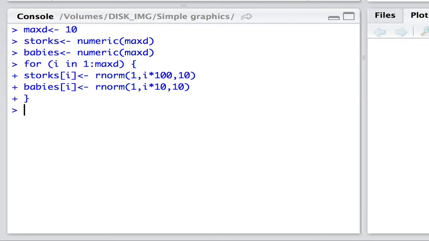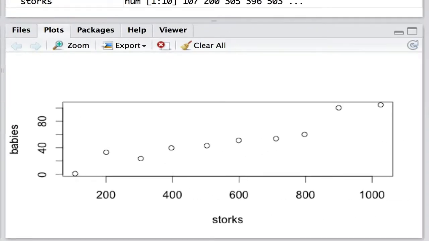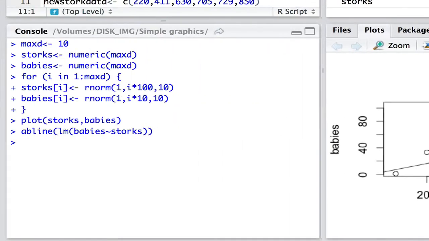And if we want to plot the relationship between storks and babies, then we can use the default plotting function, which is simply plot. So we go plot storks of babies. Now sometimes when we have a continuous response and a continuous predictor, we may wish to draw a line which most closely fits that relationship. And here's how we would do that. It's with abline, where we fit the linear model between babies and storks,